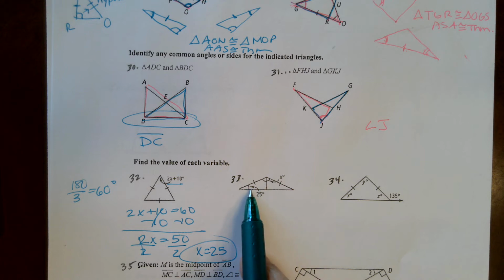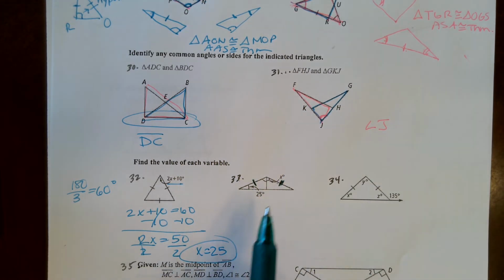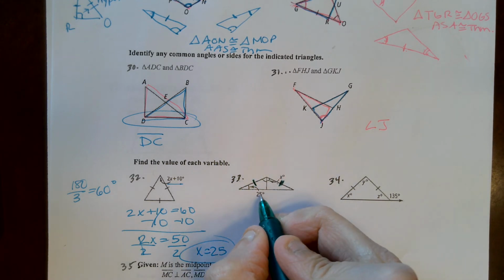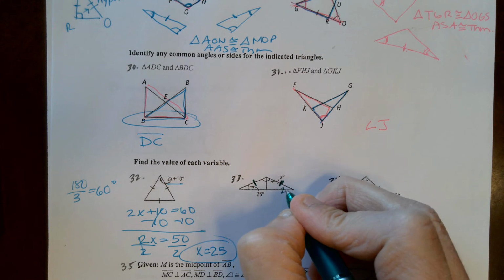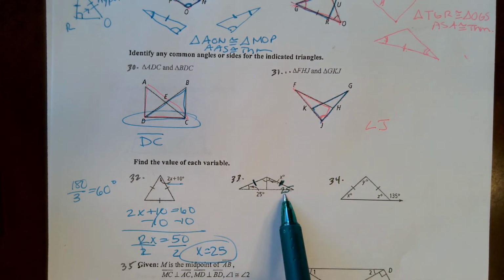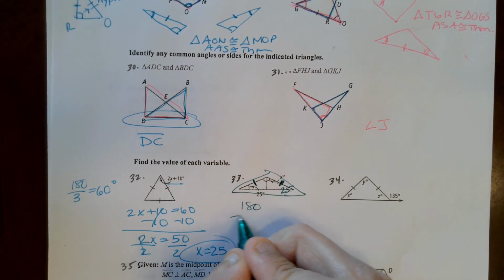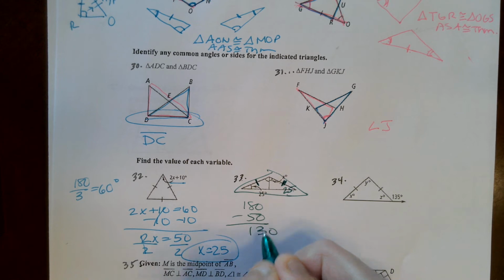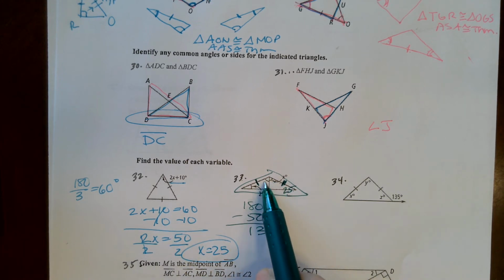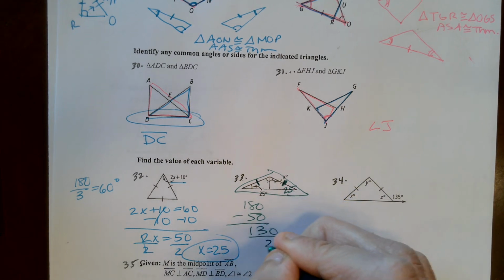Well, if that's 25, I see that the big triangle is isosceles. So the isosceles triangle theorem tells you if that's 25, then this is 25. So together these are 50. So for this whole big triangle, 180 minus 50 equals 130. And then we split this into two equal ones, so half of 130, divided by 2,